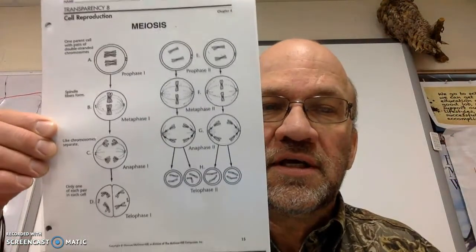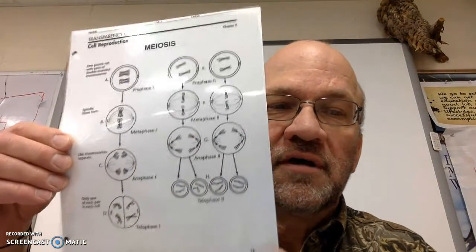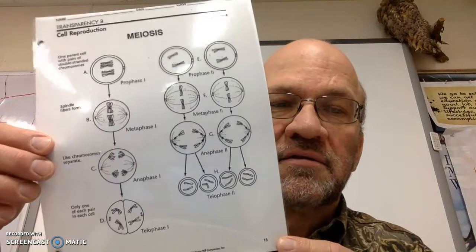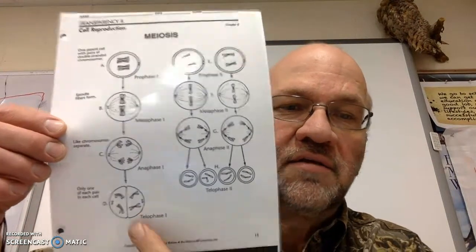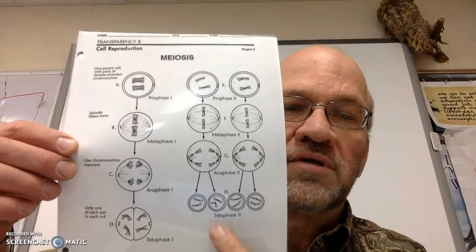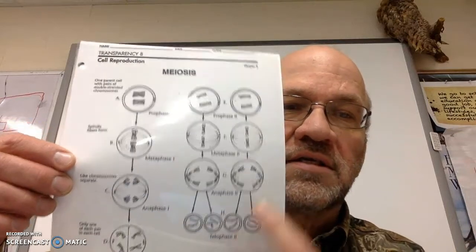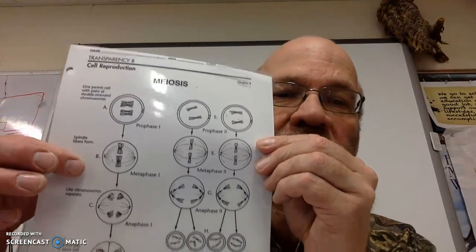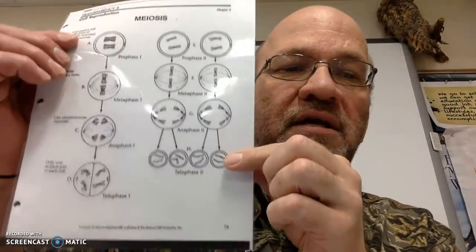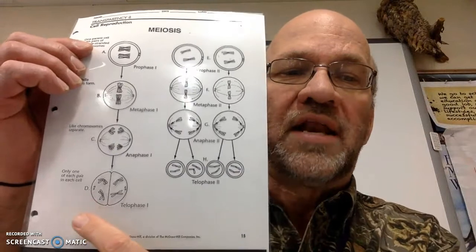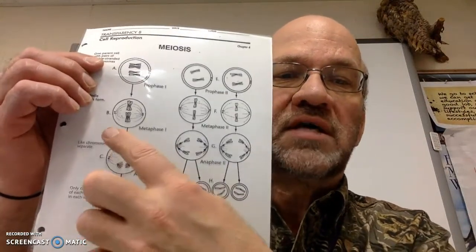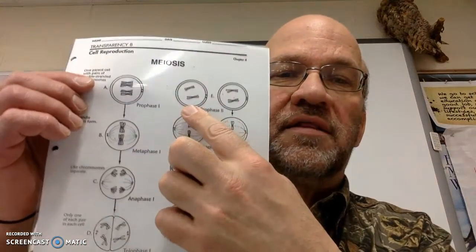We are going to do a couple things with meiosis. Meiosis is the division of sex cells and creating these down here, which will be the human sex cells. It starts out with a cell up here, and it goes through this process of meiosis 1, they call it, and then the ending part of meiosis 1 creates two cells over here, and these two cells